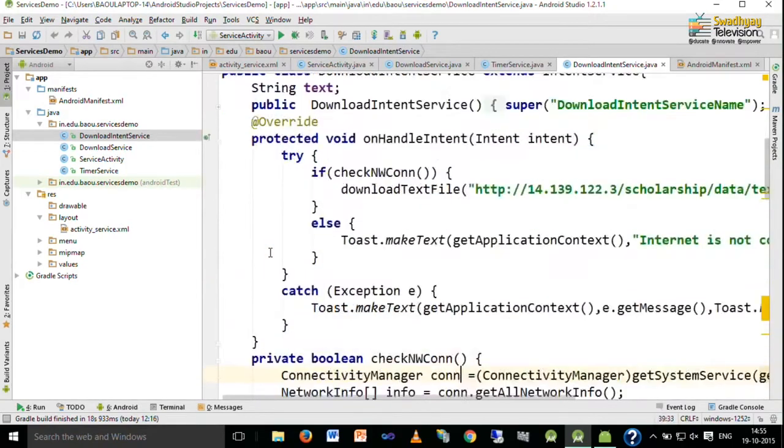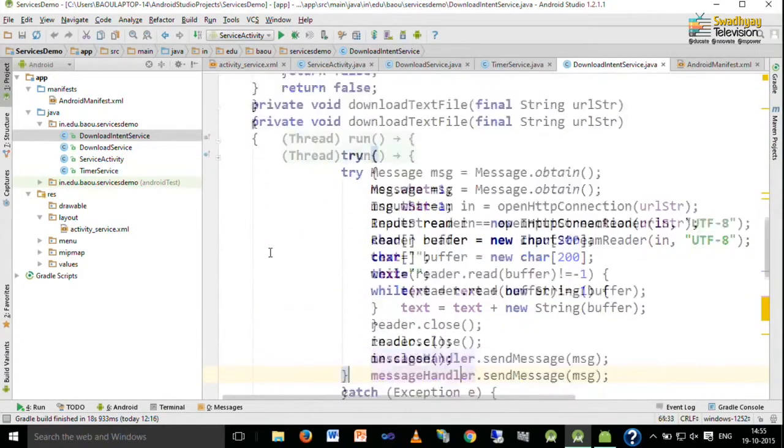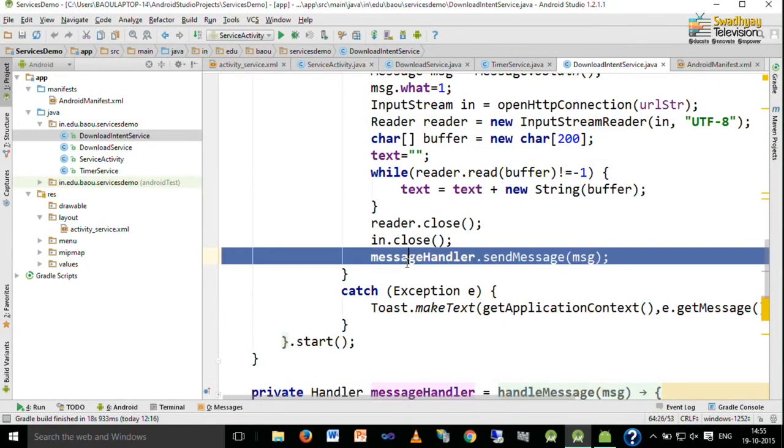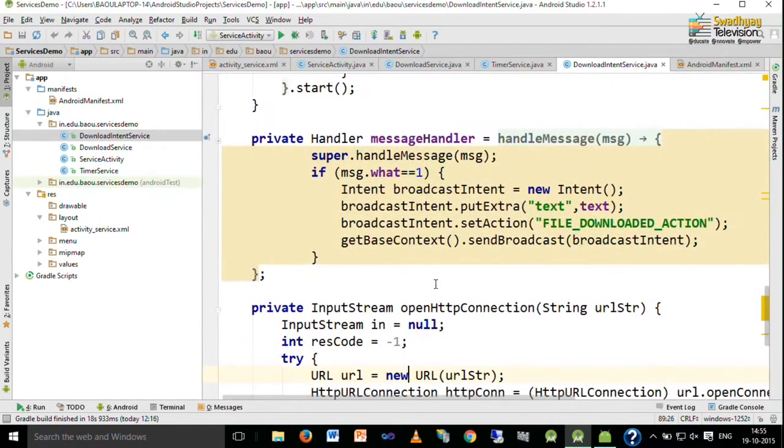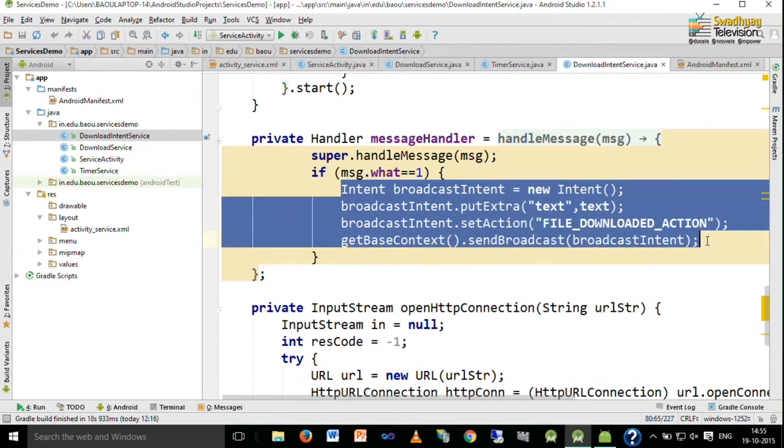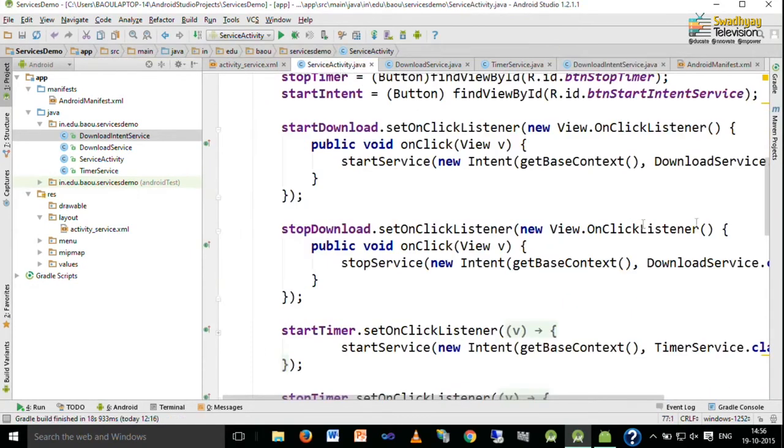So, we are not going to discuss these two functions, but here when this message handler is called, inside it we create one intent and set its action to the file downloaded action, and we put this text file as a text key inside this intent, and then we send this intent to the activity using the send broadcast method, which takes an intent as an argument. And when this downloading is finished, it will automatically go to our service activity where we have